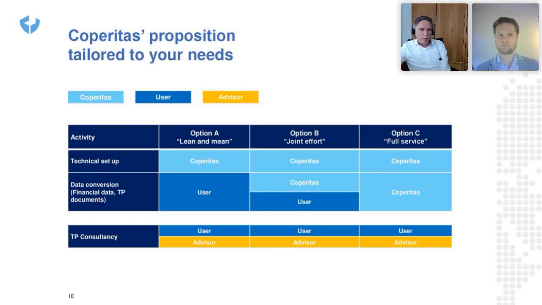The lean and mean option, which means that we provide you with the technical setup, and you are responsible for the data conversion and any additional consultancy that is being required. So we only do the technical part. But if you want to team up and want to have more assistance with converting your data into the tool, so perhaps converting your existing transfer pricing document data into the tool and then work with that data going forward, we can help you with that, and that is